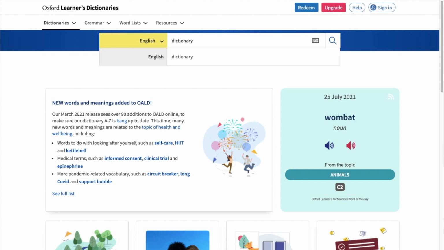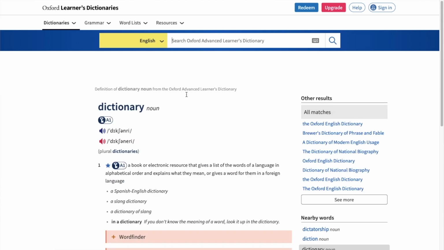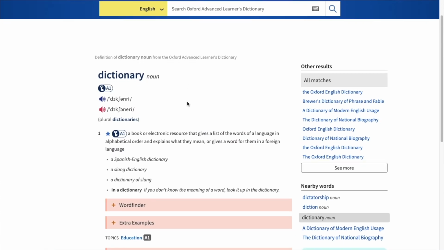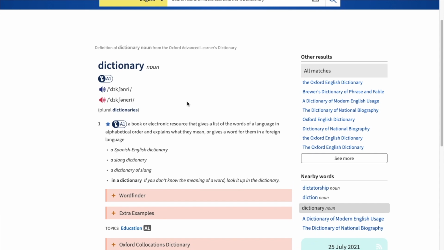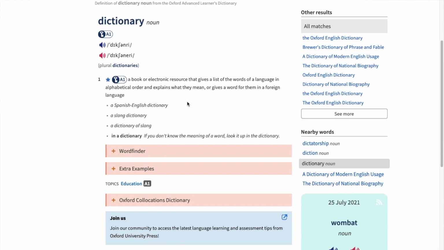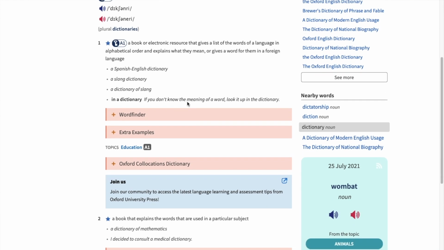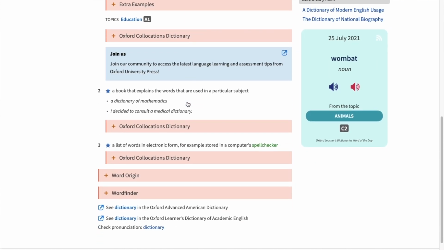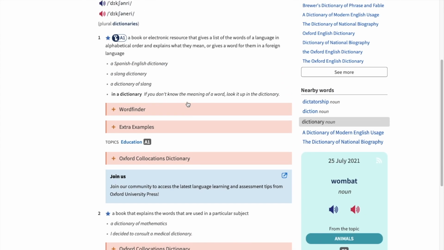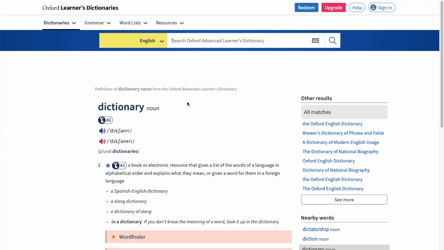So the easiest way is just to click enter and the word is here. It's easy, isn't it? So on this page, you will have different aspects of the dictionary here, which is similar to the paperback dictionary. You have already found the word dictionary.